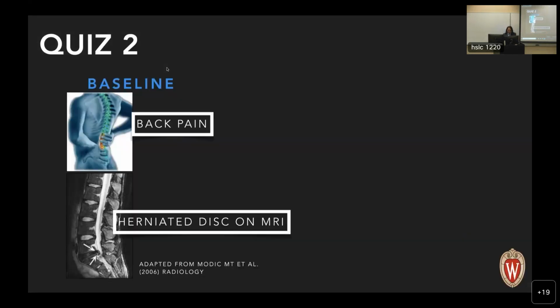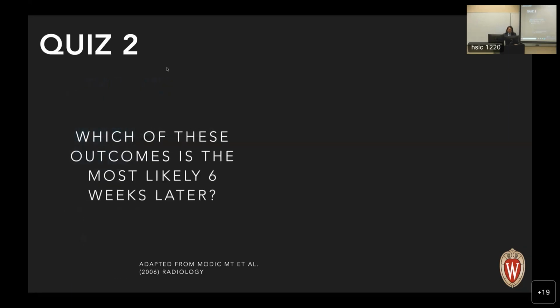So here's another interesting quiz for you. You might have heard of Modic changes in the spine, of course. He did this interesting study where patients presented to the ER with acute low back pain, and then he enrolled patients who had acute low back pain and scanned them with MRI in the same visit. Everyone included in the study had acute low back pain and a positive herniated disc on MR. So my question to you